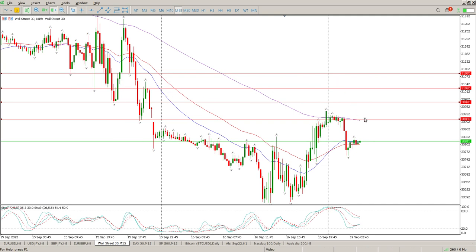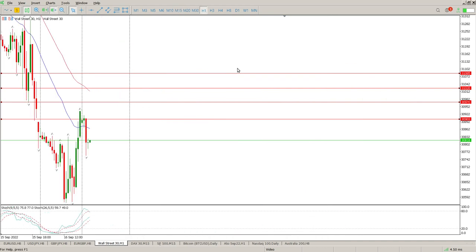So the first one is going to be a rejection of the 30900 area. That's the first area. Second one is 3970, and then you have 31026 and 31085. So those are the areas that I want to be watching for a shorting opportunity, and we are trading off